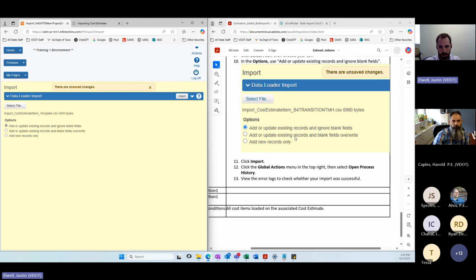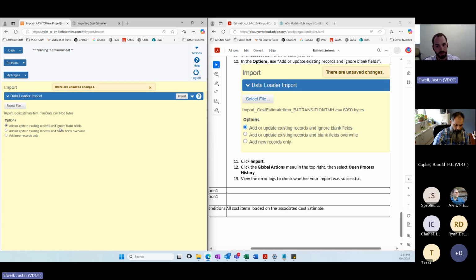So I want to take a moment to talk through these options. I've mentioned a couple times that we strongly urge folks to only add items into this, not update records. It can get tricky if you start to try to use this import feature to update records.